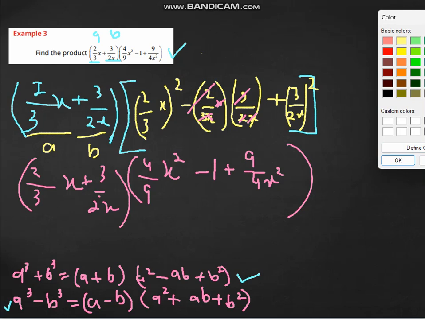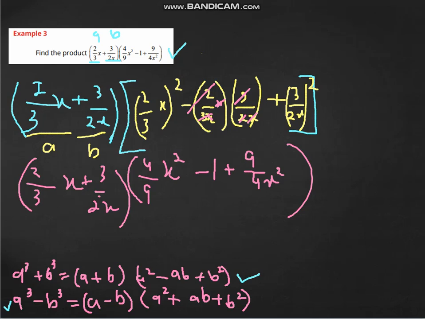So that is 2 upon 3x whole cube plus 3 upon 2x whole cube,